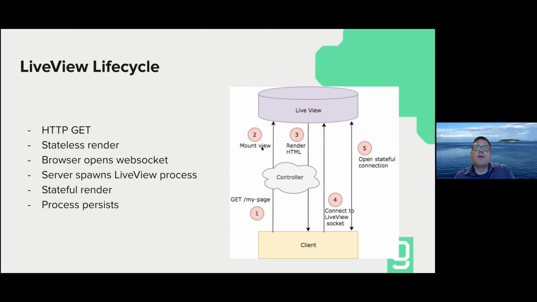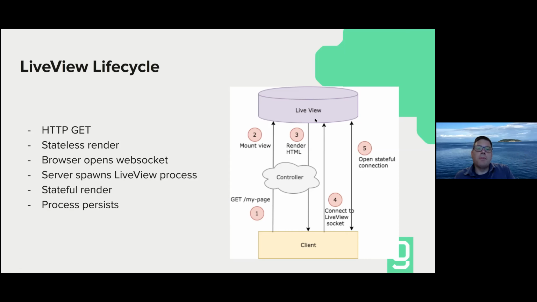Then, if the request is for a LiveView route, you annotate your routes, and we'll look at the file that controls that in a minute here. When it returns a response, Phoenix attaches a chunk of JavaScript, the client code. And what it does is, when the page is actually finished loading, it opens up a WebSocket back to the Phoenix server. Phoenix server responds by